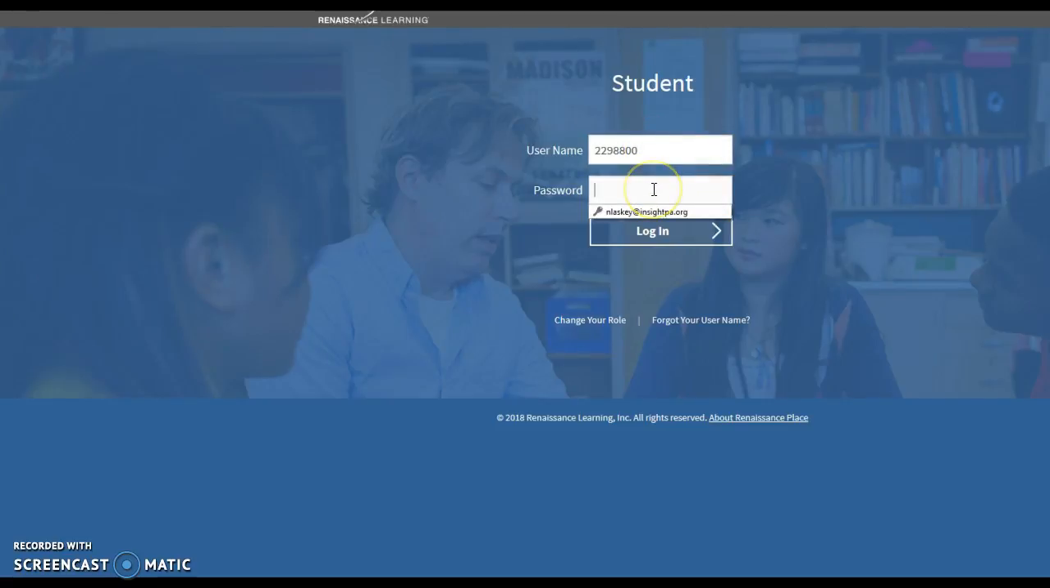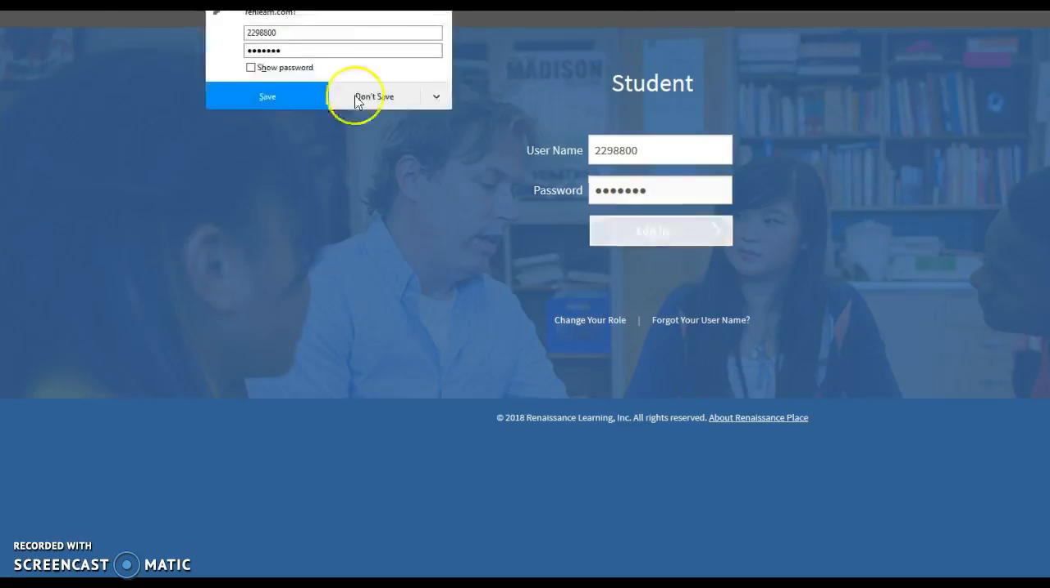For the password, it's going to be all capital letters, so capital GAGE, and then the last three digits of his student ID number, so 800. Make sure there's no spaces, and GAGE is all in capital letters. You click login,